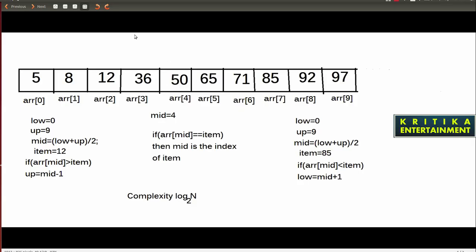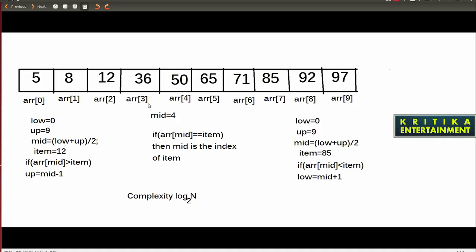Then it will search my index from 5 to 36. So which one is my up value? My up value is equal to mid minus 1. Mid means 50 minus 1. That means it will search.